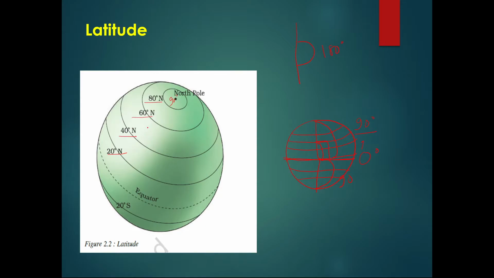These are in the north, so you can see here latitudes like 40 degrees north. South of the equator is 20 degrees south. So we can write latitudes north and south of the equator, and the equator is 0 degrees. If we go north by 20 degrees, we write 20 degrees north. If we go south, we write it accordingly.